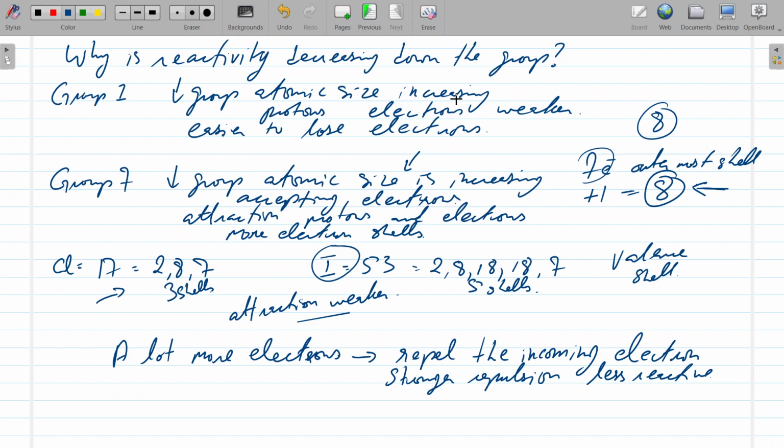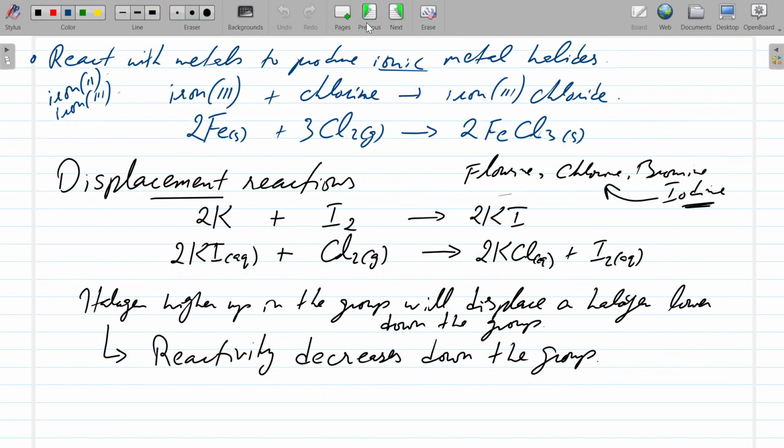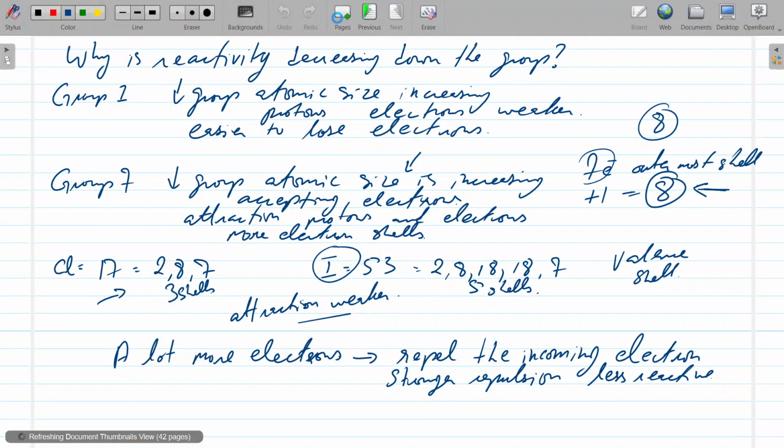So in the displacement reaction we did, you notice that, right, iodine goes from being in a molecule to going into its elemental form. And so at this point, it has gained an electron, right? When it reacted with potassium, it gained an electron. And so, if chlorine is taking its place, it will technically have to lose that electron gain. And so what's happening over there,